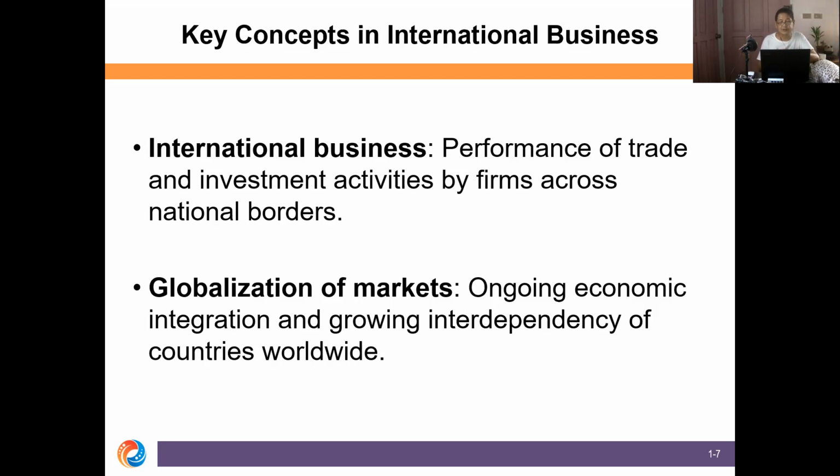And that's it. There is a growing interdependency of two countries. Sometimes, it's not only two countries. For example, the raw materials are available in Japan, because they have the technology, and the Philippines has cheap labor, so it also partners with the fashion industry in Europe. And besides, there are many talented fashionistas here in the Philippines. So that is possible, and that is called globalization of markets.